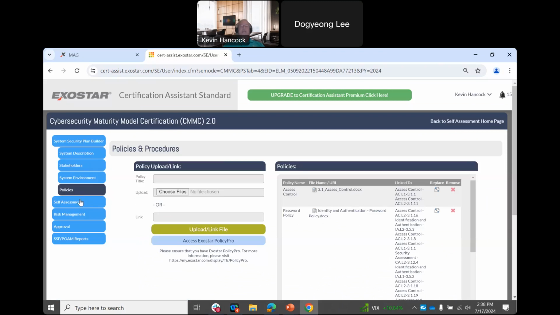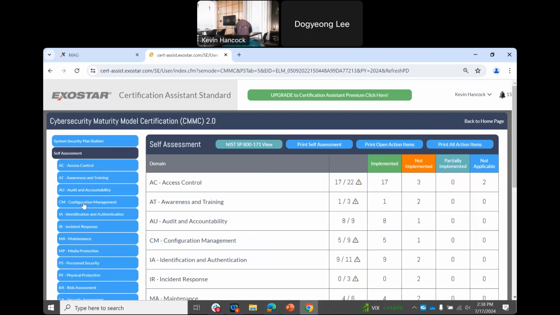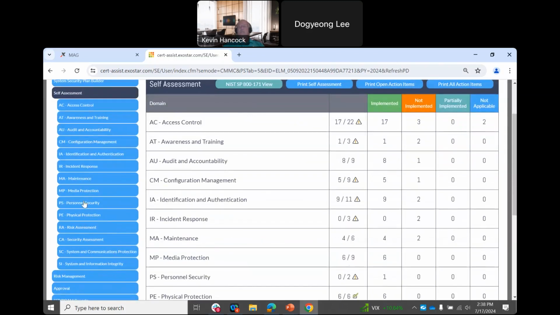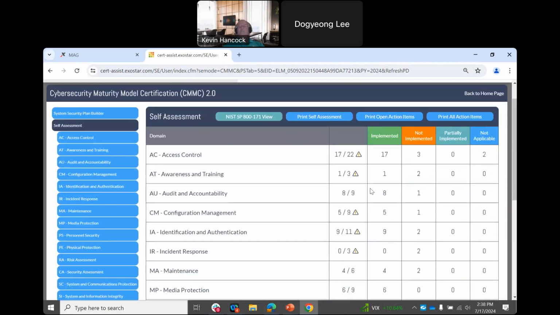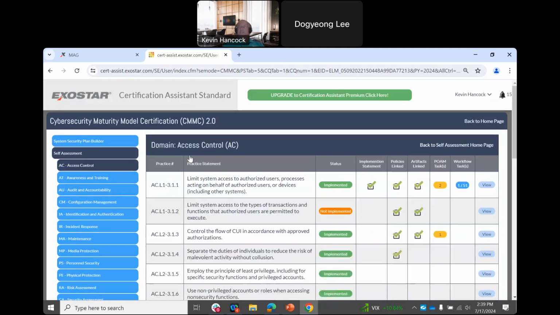And then we're going to kick into that self-assessment. And this is going to walk us through those different control families, how we're doing against each of those, right? We've got 17 out of the 22 controls implemented. These are the ones we haven't implemented, which one's not applicable, etc. And when we go into it, we're going to look at a particular control family. This gives us that detail,